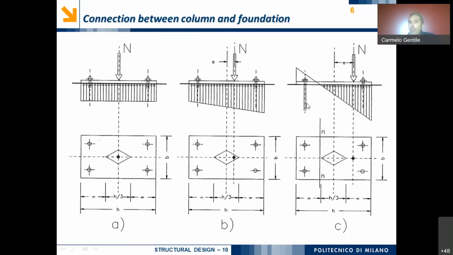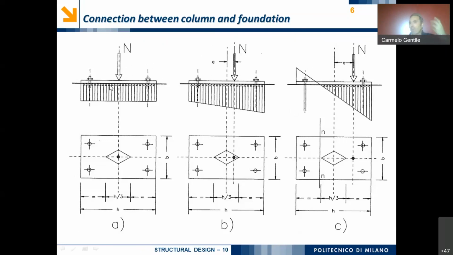And so the effect of this long bolt is giving a vertical force, substituting these tension forces, these tension contact stresses that are not possible in a contact problem. Okay, so by looking at the mechanical behavior of a connection between column and foundation in terms of eccentricity, we